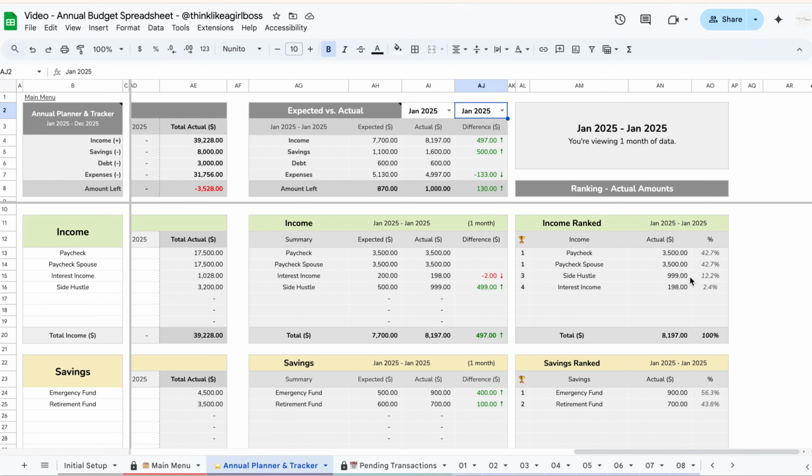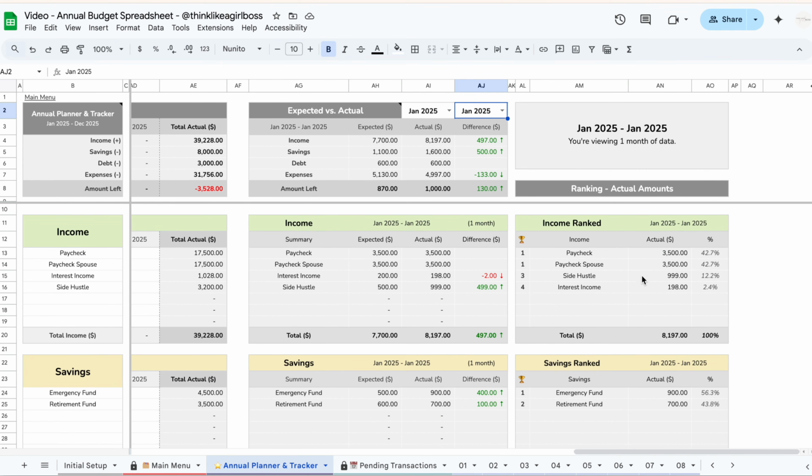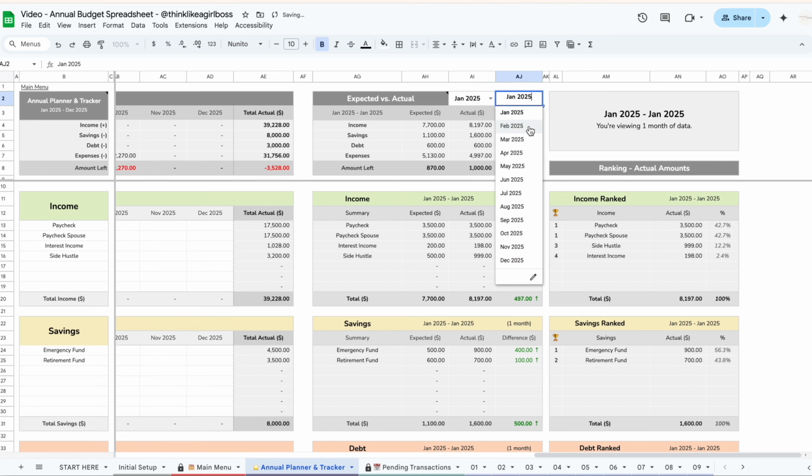And then to the right, you're going to be seeing a ranking for actual amounts. I love rankings. I love knowing which is the category that did best when it comes to my income, where I spent the most money. So this summary is going to get sorted and it's going to show your highest amount at the top for your actual amounts. So you can compare 1 month, you can compare 2 months,